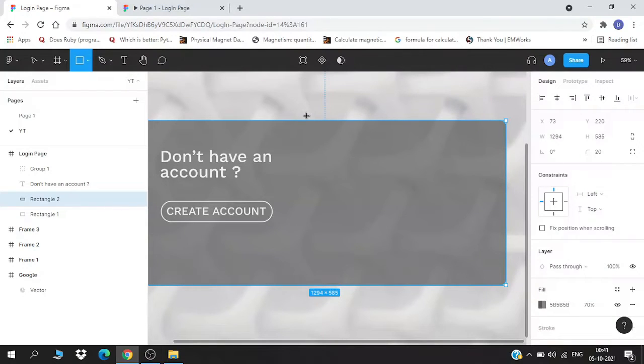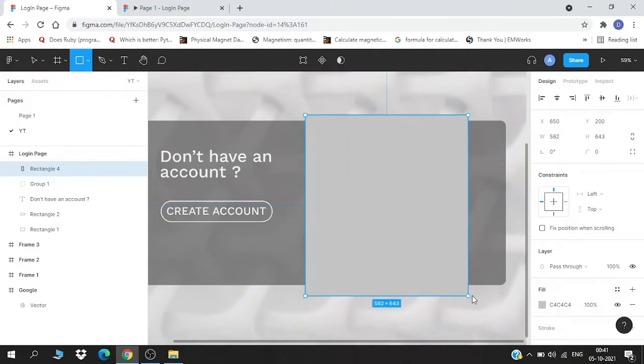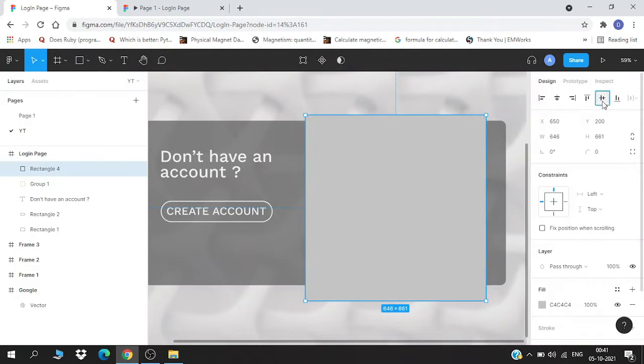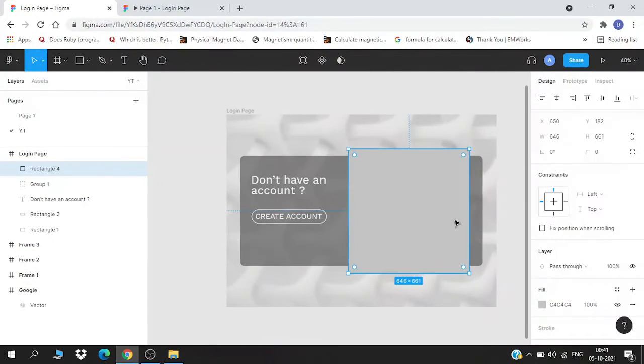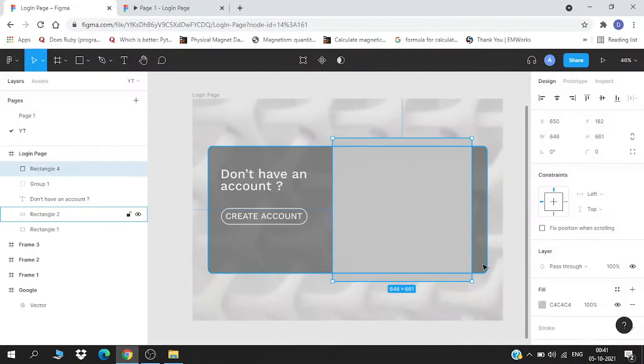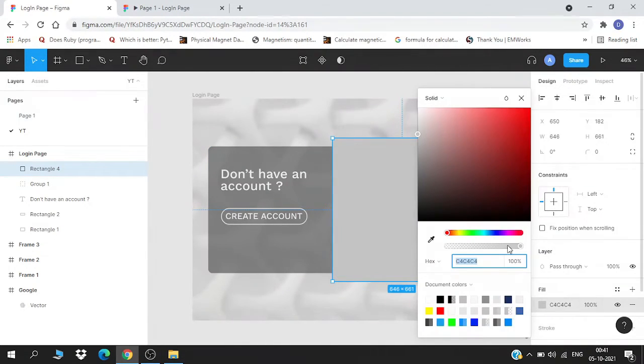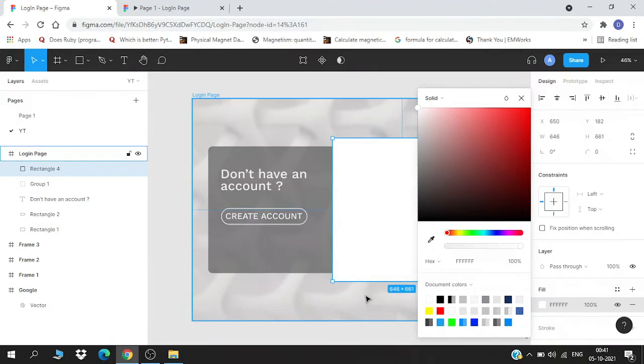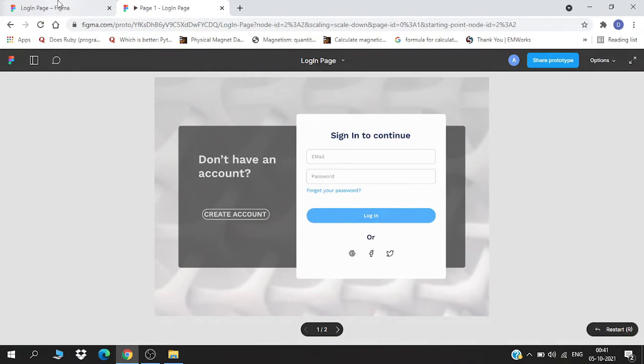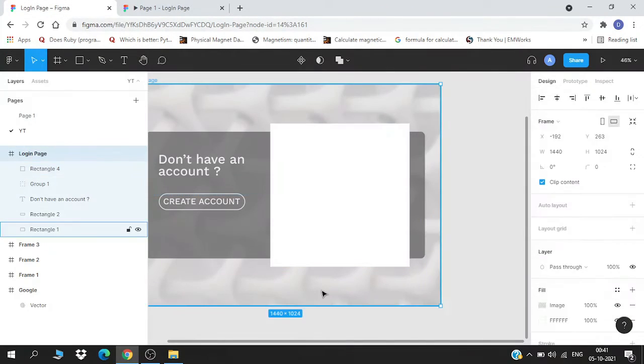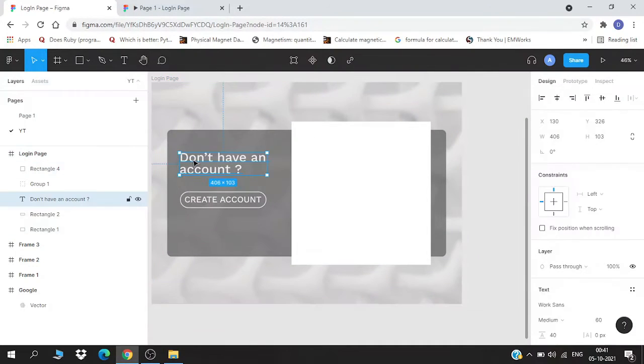Now we'll take another rectangle and I will expand it till here. Okay, we have a rectangle. I'll give it a color of white, as we can see in here. So again we'll go with it.